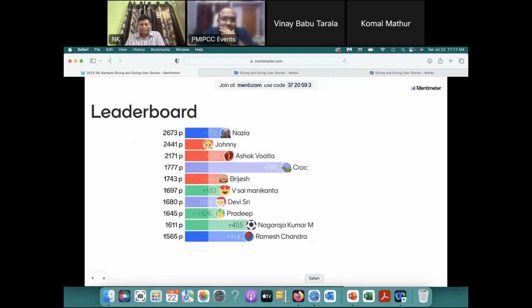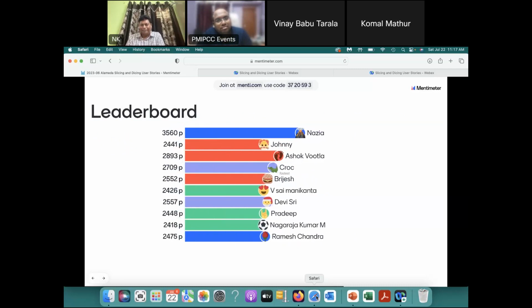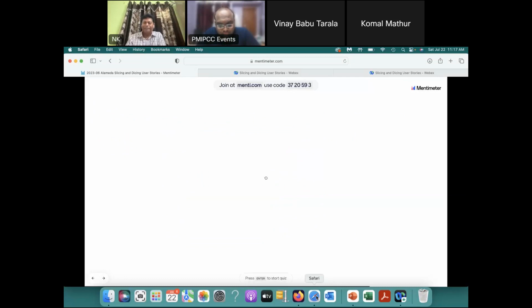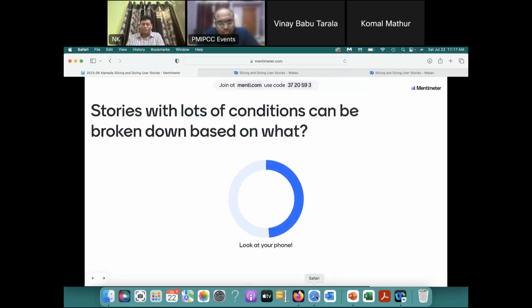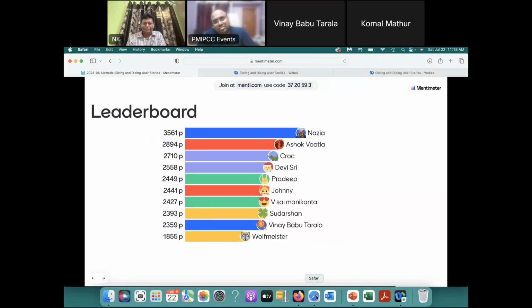So let's see what the leaderboard shows. Oh, Johnny. Okay, let's see who comes second. Ashok. Ashok came second, and now this is, I guess, maybe the 4th or 5th one. Yeah, this should be easy. This should not be confusing. Yeah, acceptance criteria. Most of you said it right. If it has a lot of conditions,